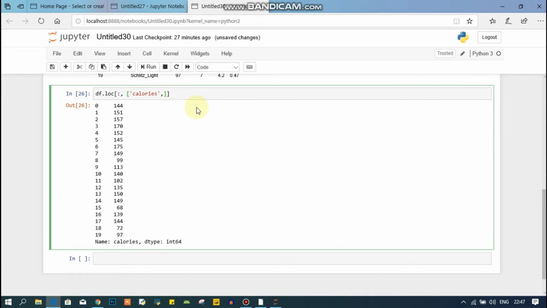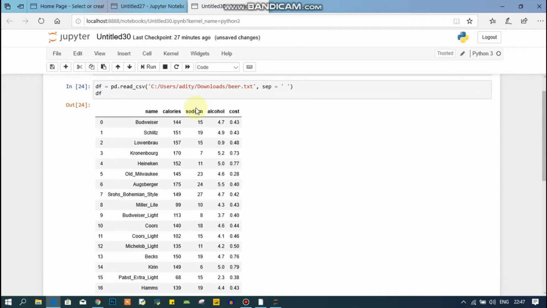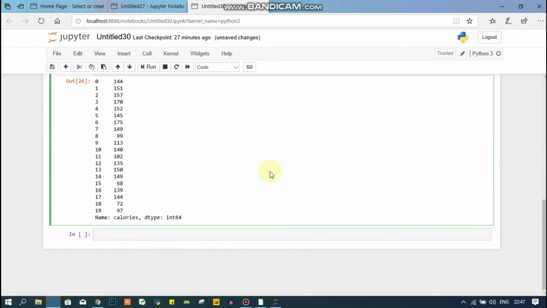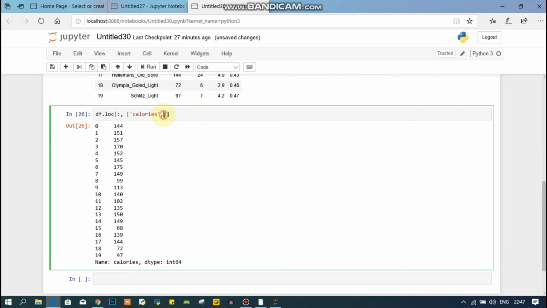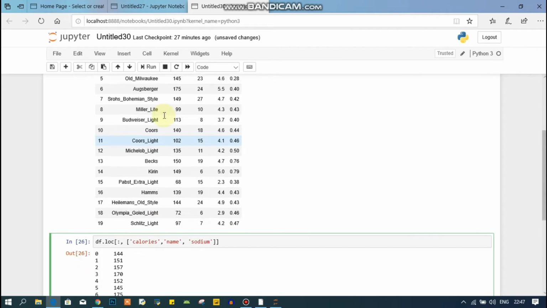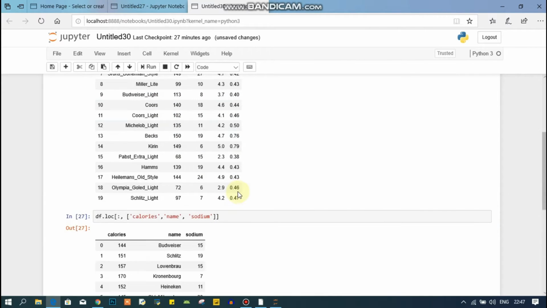So I will pass another name. Let's suppose that with the calories column, I also want sodium and the name of the beer. So I'm going to pass here name and also sodium. Yeah, sodium. So let's run this.